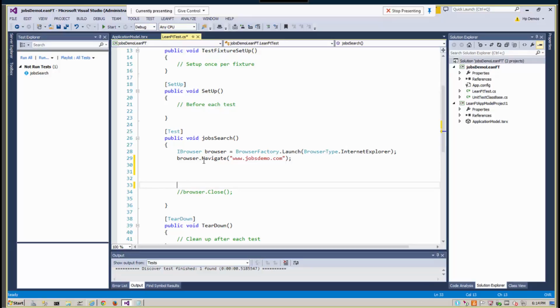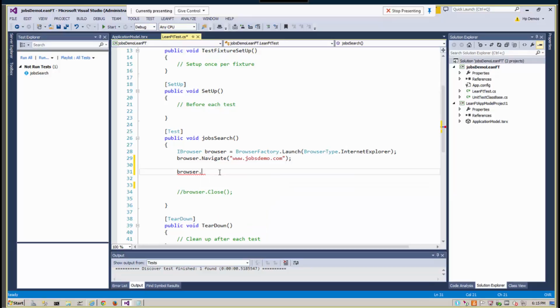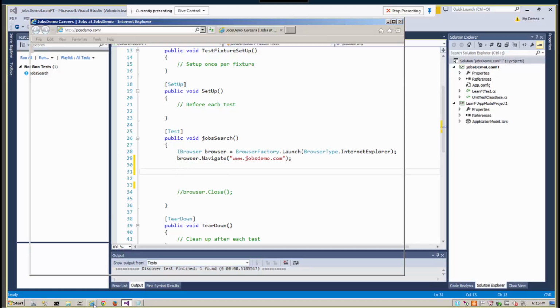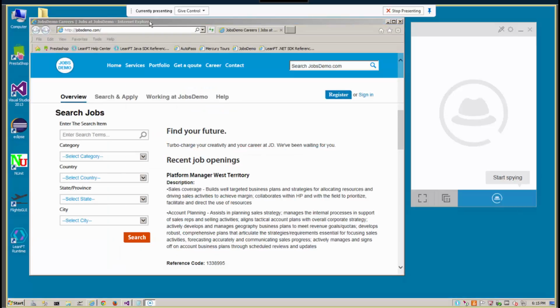For example, if I've got an object here for a browser, I've got full IntelliSense where I can interact with the browser. It's the same concept that you have inside of UFT with browser.page, browser.page.object.method. So real quick, if I have my Object Identification Center, I've got this demo application. If I want to start spying,